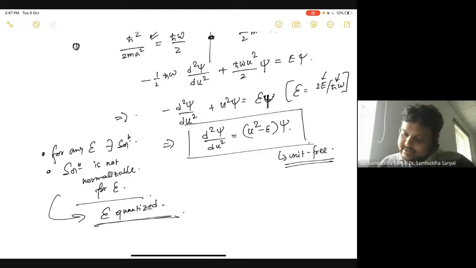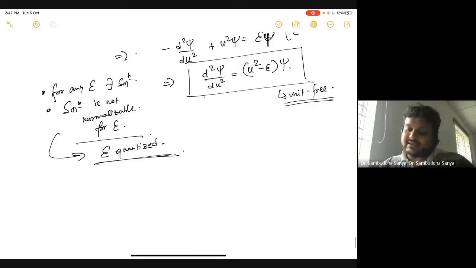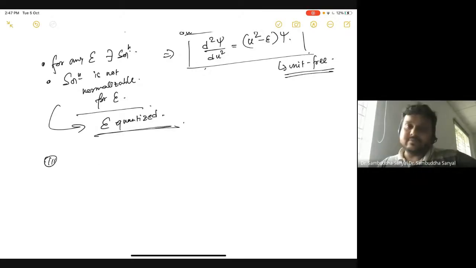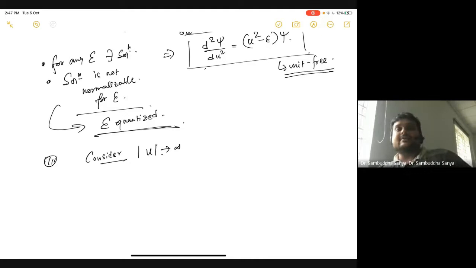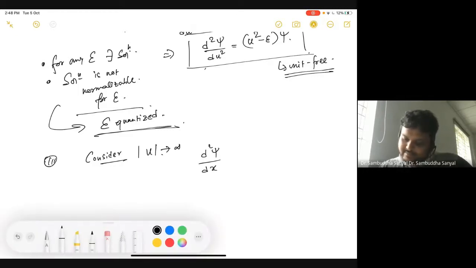Okay. So now this is our starting point. And then let's start to understand how the solution of this is going to look. To do that, we'll first do the limiting case. Consider u going to infinity. Because u going to infinity is an interesting case here, as the potential itself is infinity at infinity. So the particle cannot go there. So it's like a bound state. It's already a bound state that we can see clearly. But let's try to see what it tells us about the solution. So let's look at this. Sorry, there's a typo.